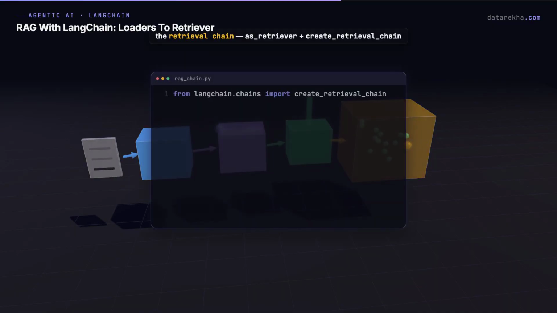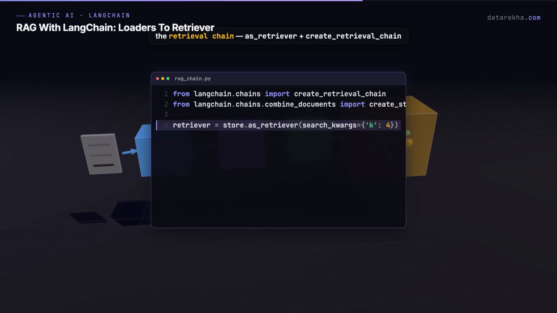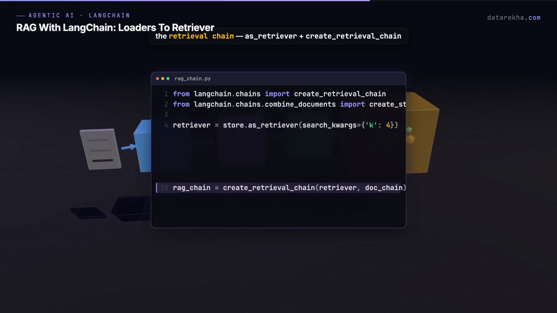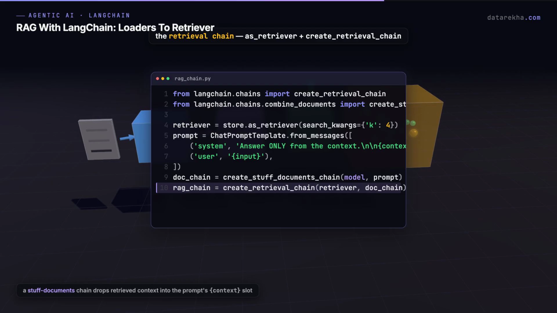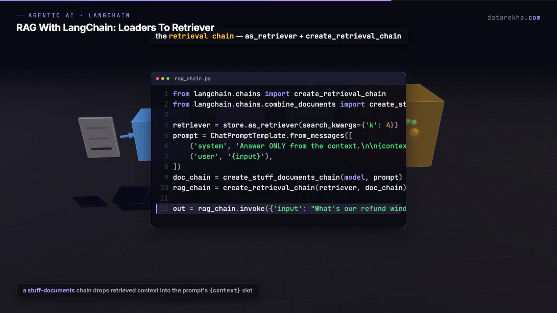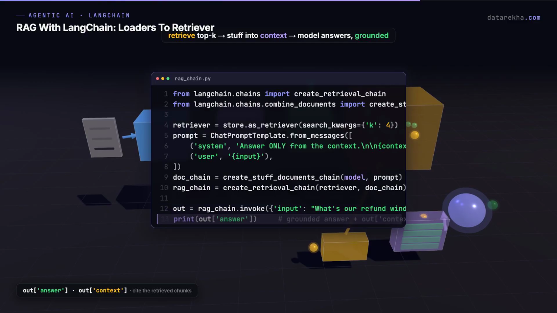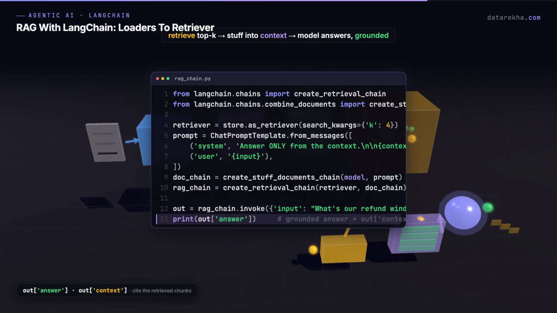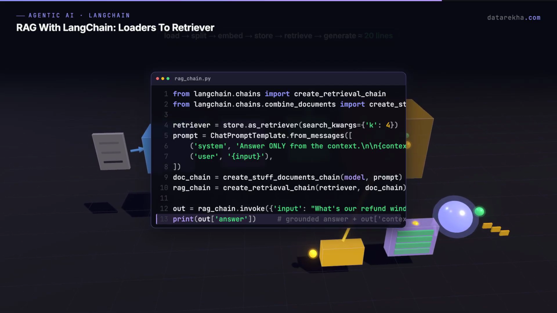Fourth beat, the retrieval chain, where it all comes together. Every vector store hands you a retriever via as_retriever, and modern LangChain wires the rest with create_retrieval_chain. You build a documents chain that stuffs retrieved context into a prompt, hand it plus the retriever to create_retrieval_chain, and invoke with your question. Behind that, one call. The retriever fetches the top K chunks. They are formatted into the prompt's context slot, and the model answers grounded in your data. That whole thing, load to split to embed to store to retrieve to generate, is maybe 20 lines with the